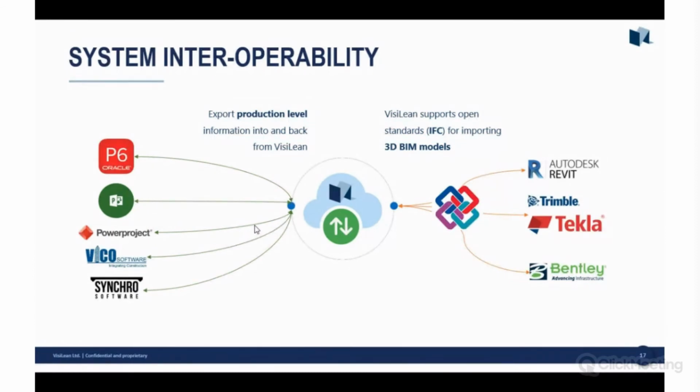And we import models from virtually most software in IFC format. Okay,